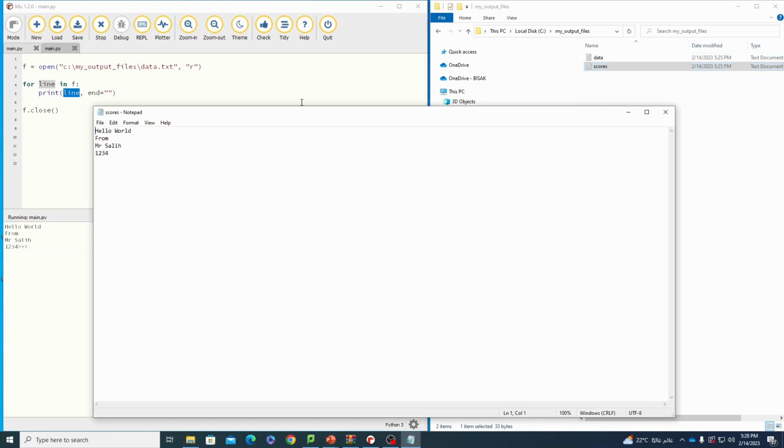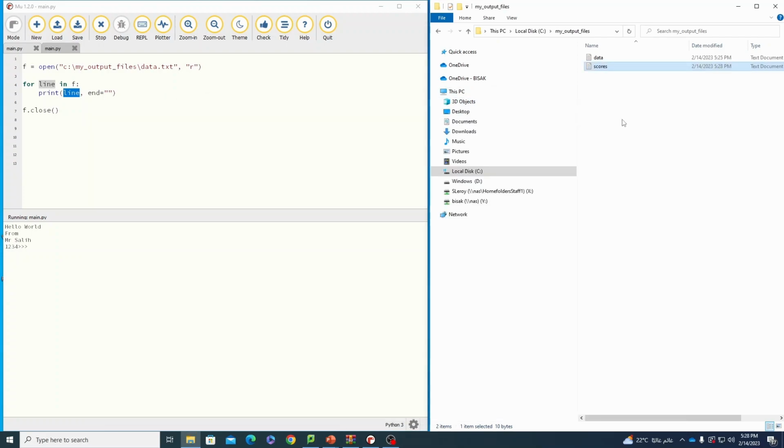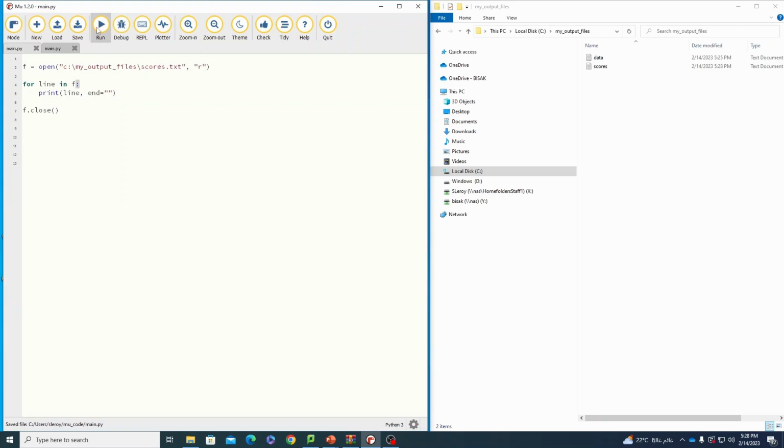Okay, and the scores are going to be the high scores of the last two players. So player 1 scored 1001, player 2 scored 2002. Okay, save that. So now, instead of opening up the data file, I want to open up the scores file. And what I'm going to do is just change the path to be scores. Okay, and now if I press run, you can see that I've loaded both of these scores into this line